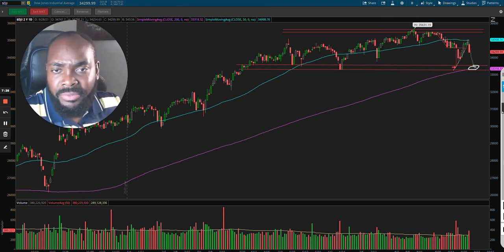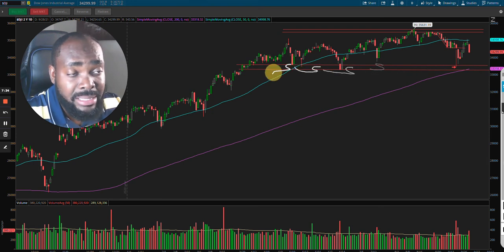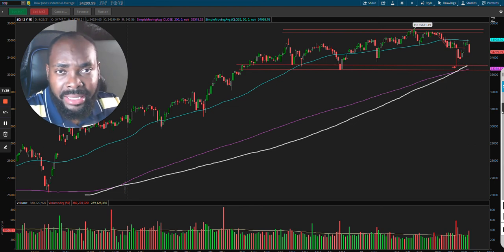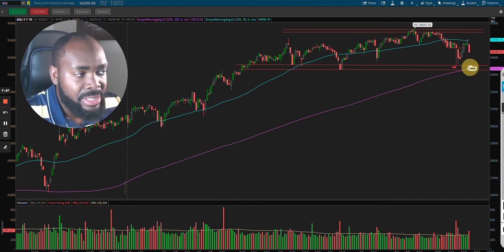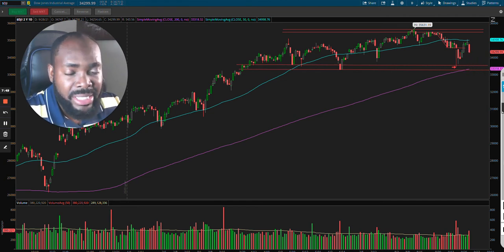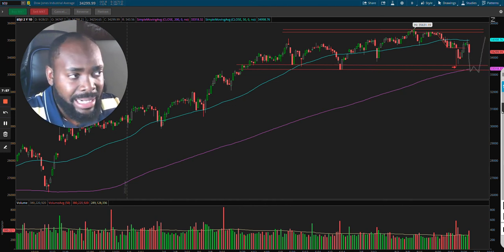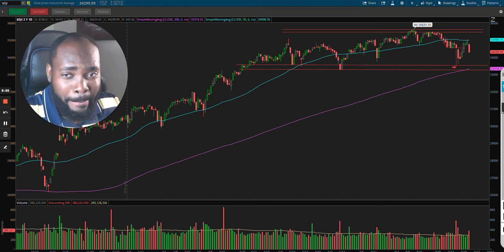And as far as the Dow Jones goes, guys, we're looking to see, can this 33,000 continue to hold as support? Also, we have a rising 200 simple moving average, so it'll be very interesting to see, does the Dow Jones pull back down to this moving average, which is a conjunction of the support, and then we bounce again and just continue to channel. If we break down below this,